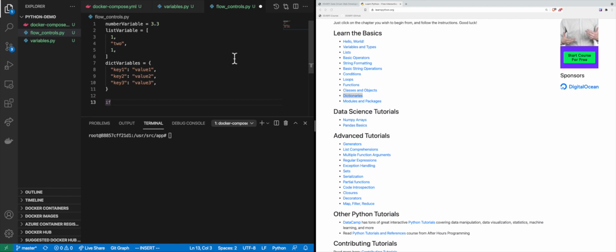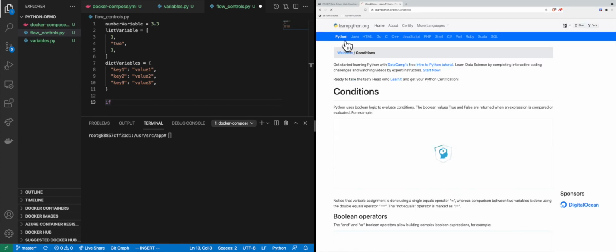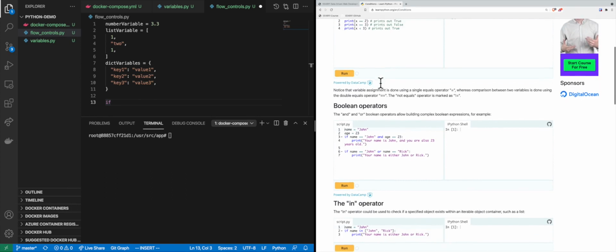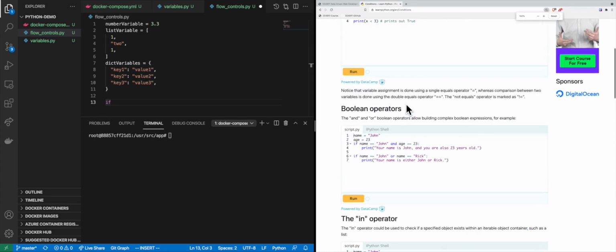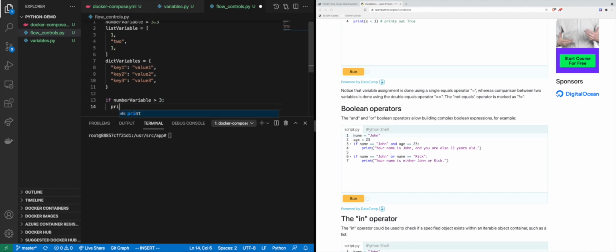So here's our basic if-else branching. So if number variable is greater than 3, greater,